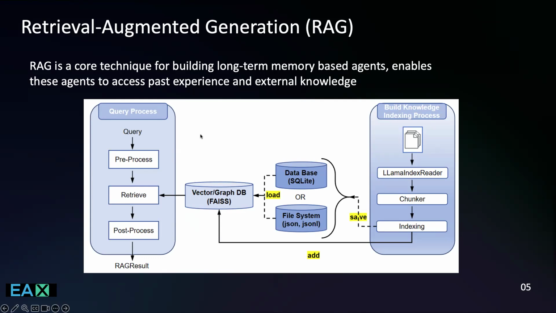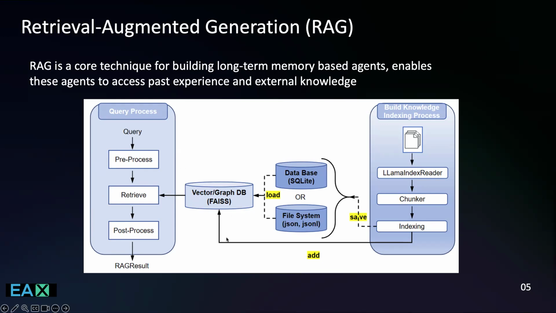So once we have this database, then we can move on. We can move to the left, which is the query processing part. Once we encounter a query from the user, we can first pre-process the query to augment the query and maybe remove some unintended symbols. After the pre-processing, we can use the retrieval model to retrieve a set of relevant text chunks